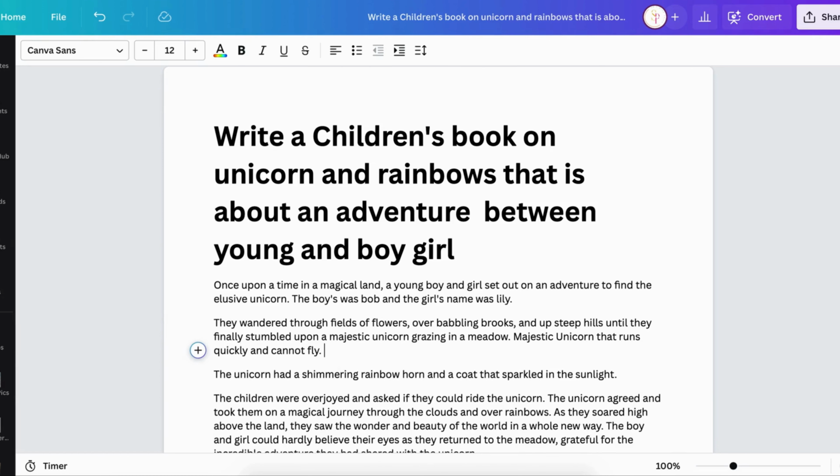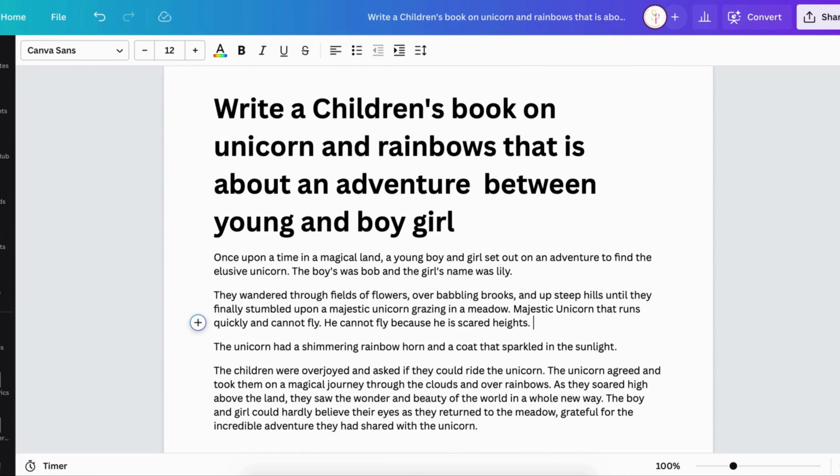And then from there, you can maybe even give the unicorn a specific character that says something along the lines of, he cannot fly because he is scared of heights. And then you start to build on that character there. So this is just a quick example of how you can use this feature to start to generate some ideas